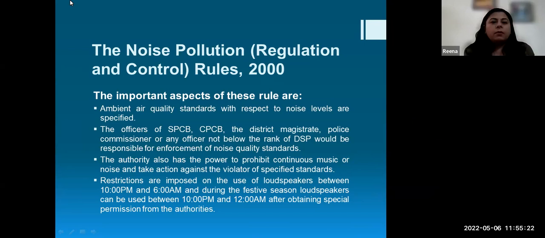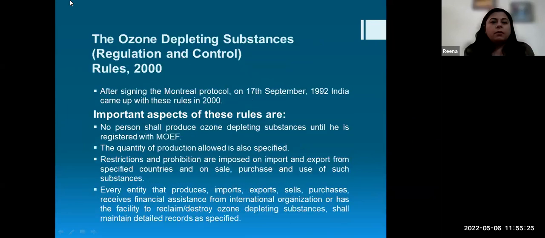And also, as a responsible citizen, if you are taking up any kind of industrial activity, you should be aware. Because if you are not aware, you may be asked to pay a penalty, or legal action is taken against your industrial establishment. Ignorance of the law is no excuse. In any case, you will be paying a penalty if you are not aware of your responsibilities as an industrialist or as an establishment.